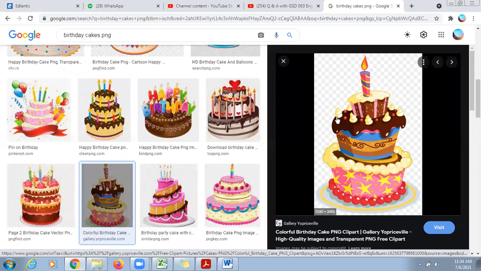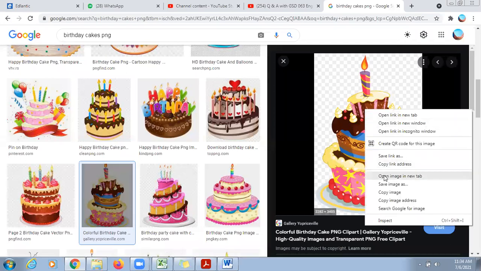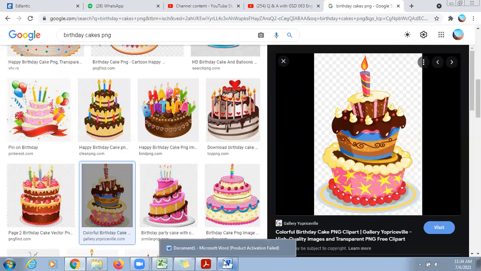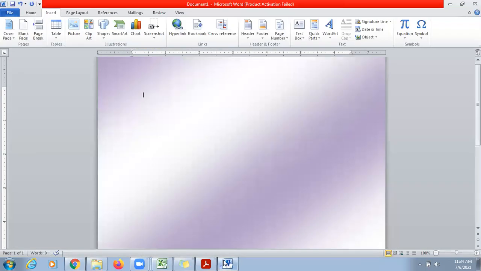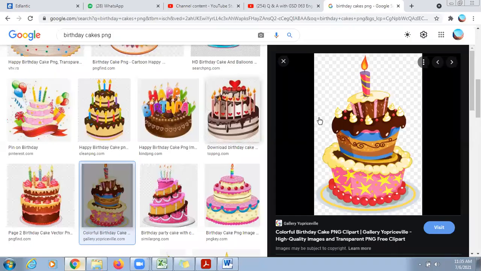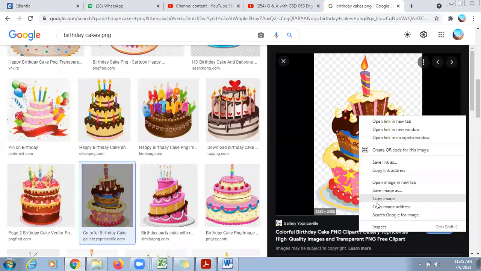Yes, now the checkboxes are coming in the background after the opening of image. So you can right click, copy and try to paste it. Control plus V. No, again this image also I'm not able to paste directly. So it means I have one more option, save image.